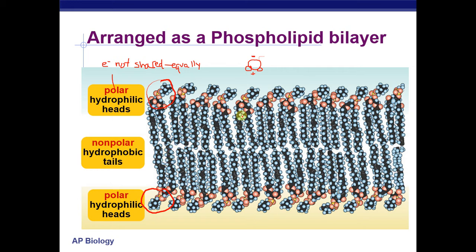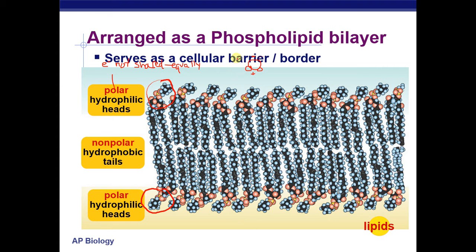Because of this arrangement, it serves as a barrier or a border separating the outside and the inside of the cell. And because they're composed of this big area in the middle filled with the non-polar hydrophobic tails,